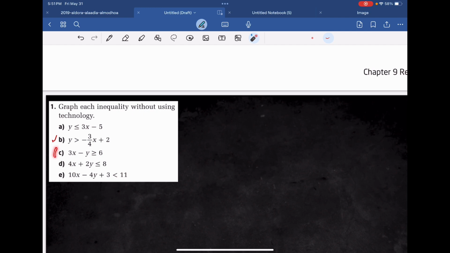The only thing, for example, for number 4, part C, let's do this C. The only thing you need to do here, like we have 3x minus y is greater than or equal to 6. I have to write it as y is greater or less than something. So the first thing I should do, 3x minus y, so we will just put 3x minus y,